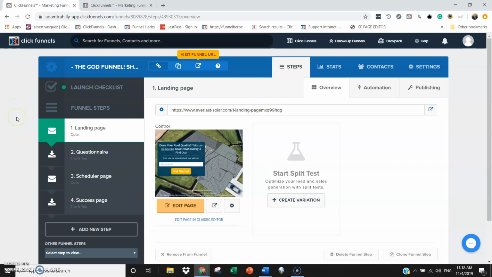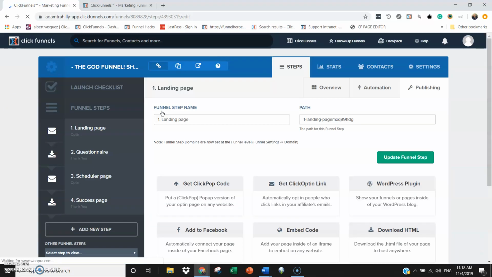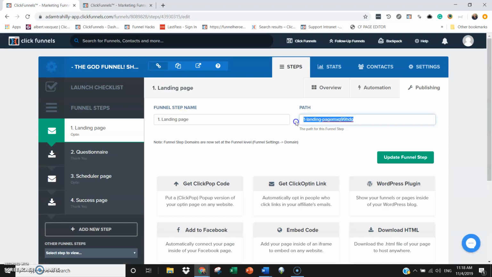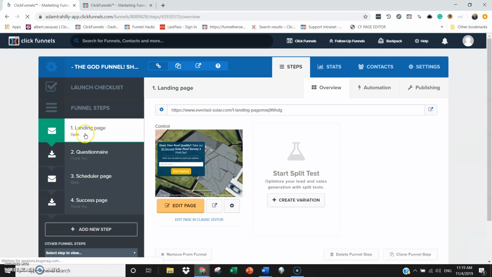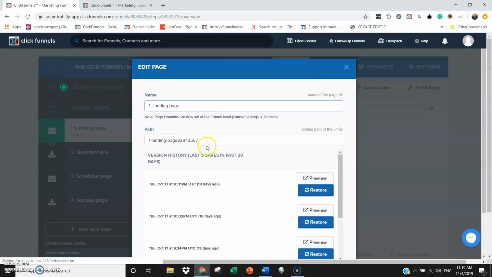So it looks like everything's working fine here. Let me just go check here. Search your page path. Looks good. Landing page. The only thing I would suggest here is